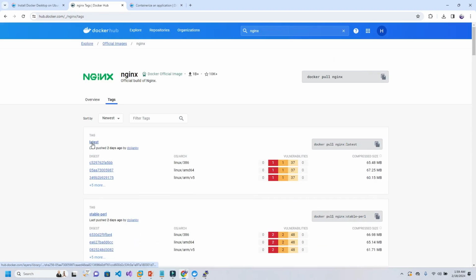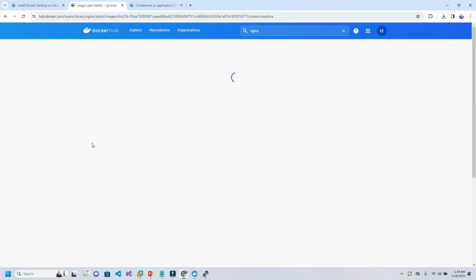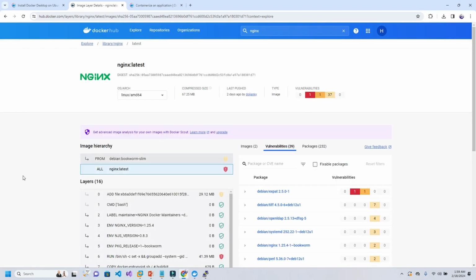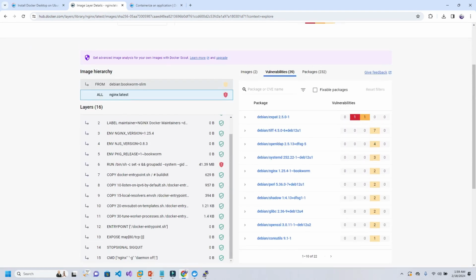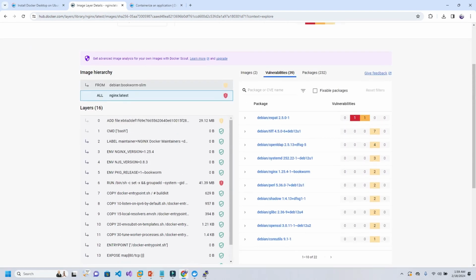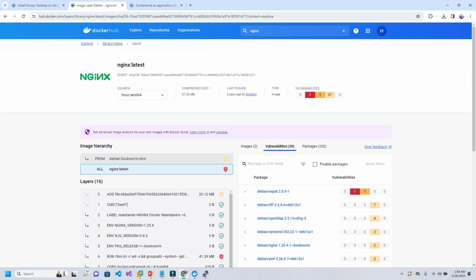Let's say if you go with a particular tag, what changes have been made, you can understand more about this one. You can do so many things. But for now, we don't have to understand much because we have a separate session for that one. So in today's session, you just need to understand that this particular Nginx application is containerized based on your applications,